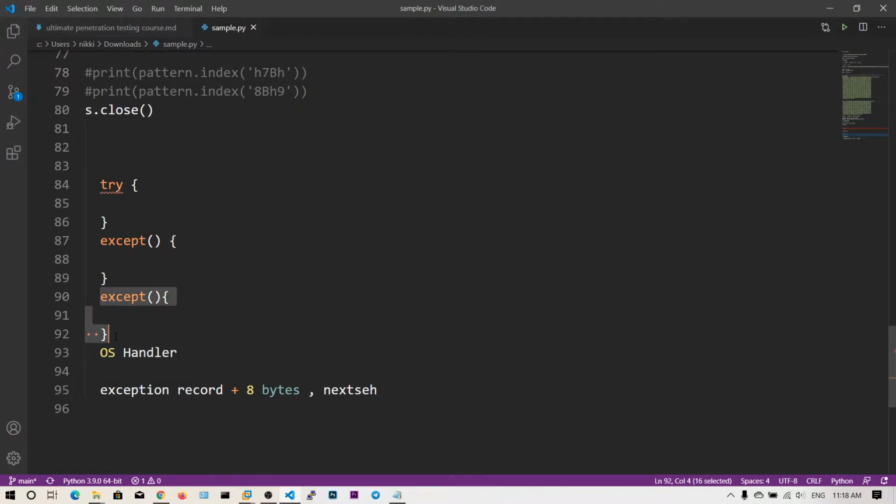So this is another exception handler. These two are the only exception handlers in your code, and if there is any other exception that cannot be handled by these two, then the OS handler comes into place and handles that exception. Even if the OS handler fails to handle that exception, then in Windows systems you will get an error like "send error report to Microsoft, don't send," etc. That is what happens when the OS handler fails.